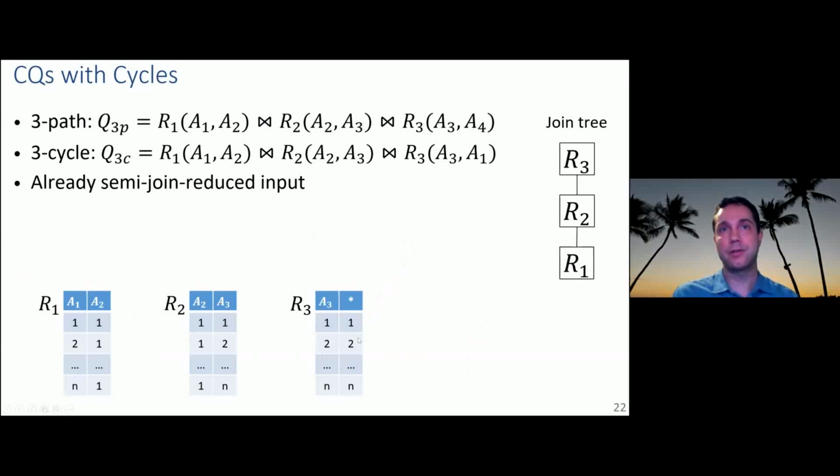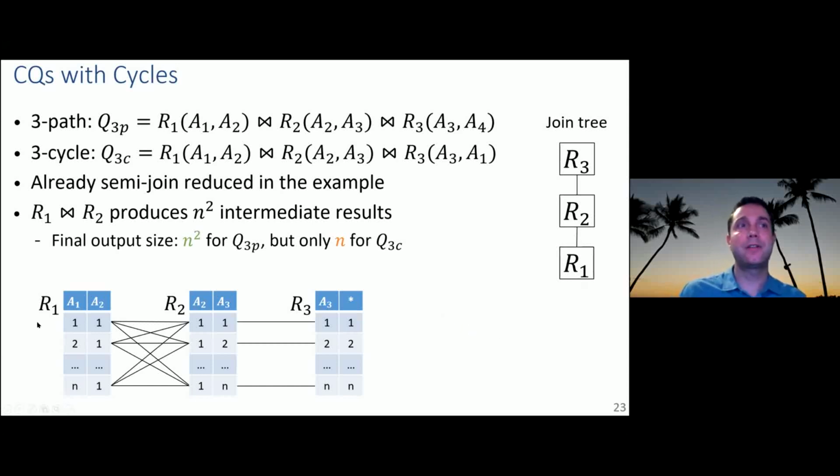They're already semi-join reduced. Notice that the right column in R3 has a star because it could be either A4 or A1. Right? So instead of showing it twice, I just mark it up as a star. And let's look at a join tree like R3 being the root of the tree, then R2, and then R1. If we now follow the Yannakakis algorithm on that input,